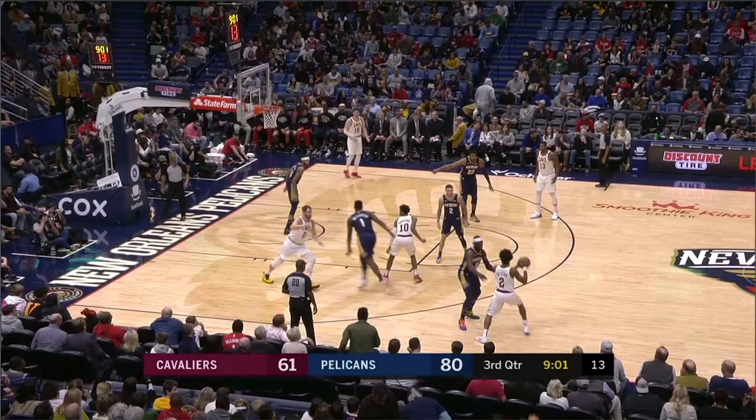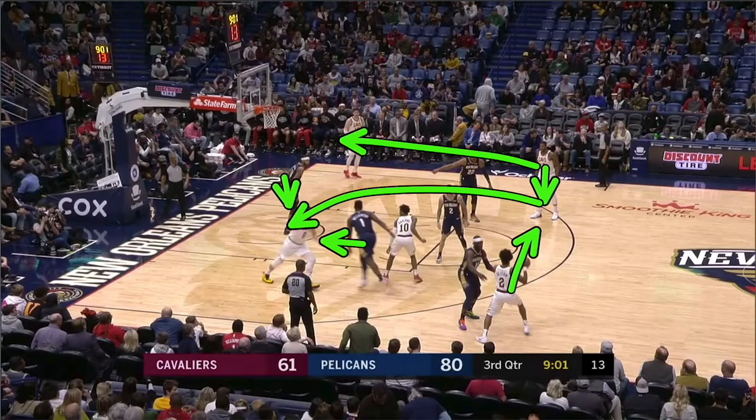This should never be how it looks coming off a cross screen. So Kevin Love, first of all, has a perfect opportunity to just seal Zion Williamson off. Get right into his jersey and seal him. But Tristan Thompson has to see this and flash towards the middle part of the floor because we want to go right into a post seal. And it's either a wide open post seal for Kevin Love, assuming he seals Zion Williamson and gets into his jersey, or that forces backside help here from Brandon Ingram, and now we got an open player right here in the corner for a catch and shoot three.